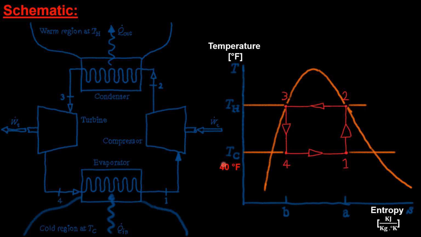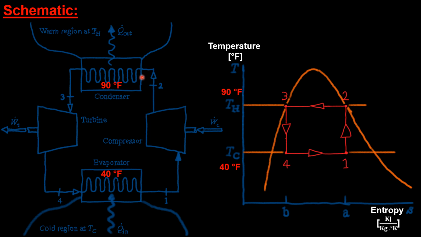Now, from what is given to us, this Carnot vapor refrigeration cycle operates between two thermal reservoirs at 40 degrees Fahrenheit. So here the working fluid enters the evaporator at 40 degrees Fahrenheit, and this is the saturation temperature because phase change happens from liquid to vapor at the evaporator. And the next reservoir is the hot reservoir or the high reservoir at 90 degrees Fahrenheit. At this temperature the heat is being rejected to ambient, and so the working fluid enters the condenser